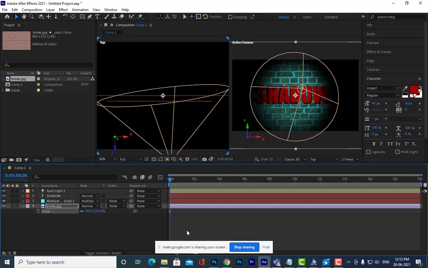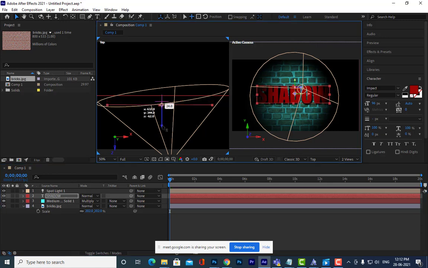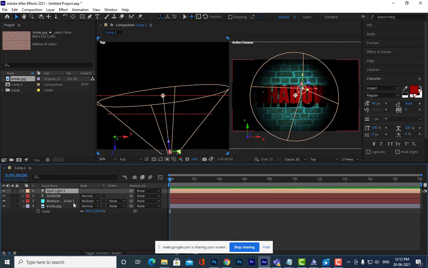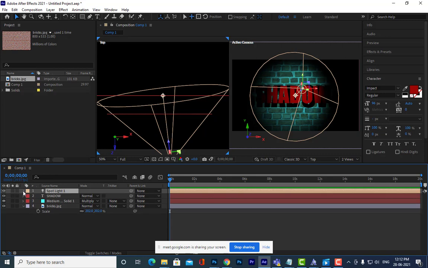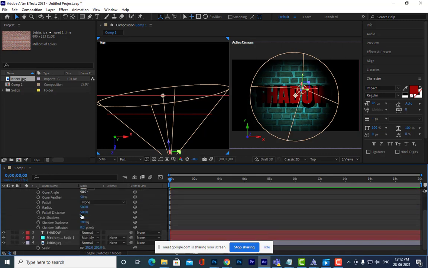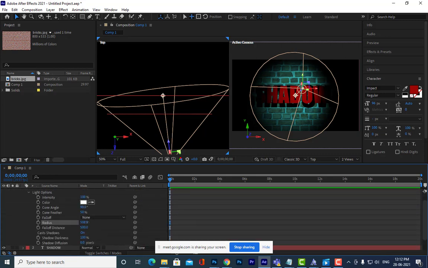Yes, sir. Everyone? So we can create a shadow in this manner. First thing is we have to take a solid. And we'll also try to increase the radius or cone angle, you can say.